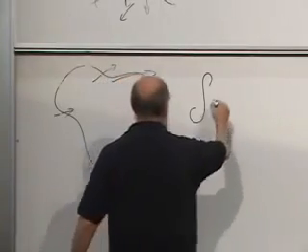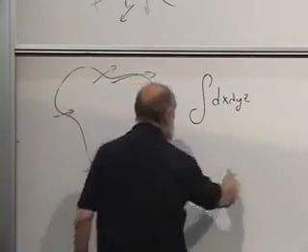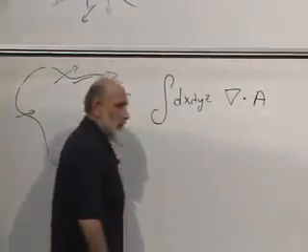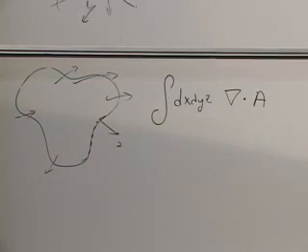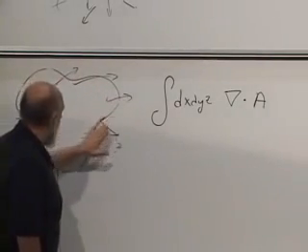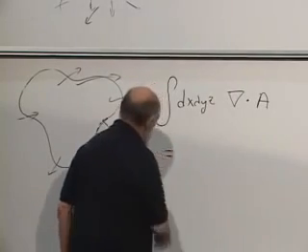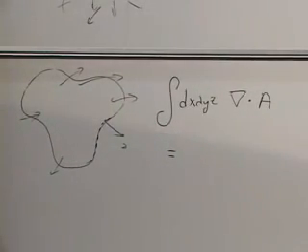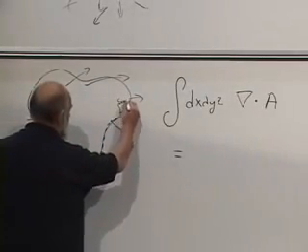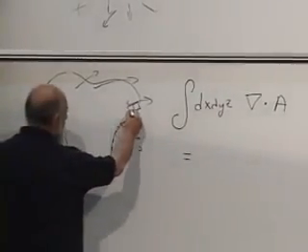In the three-dimensional case, it would be integral dx dy dz over the interior of this region of the divergence of A. If you like to think of A as the velocity field, that's fine, is equal to the total amount of flow that's going out through the boundary. And how do we write that? The total amount of flow that's flowing outward through the boundary, we break up, let's take the three-dimensional case, we break up the boundary into little cells. Each little cell is a little area. Let's call each one of those little areas